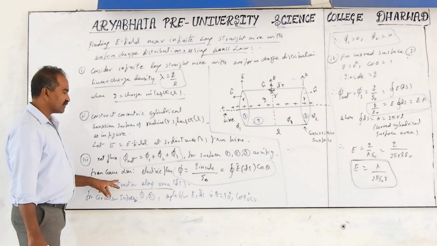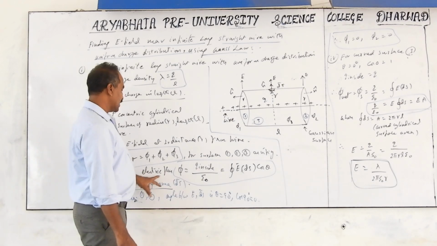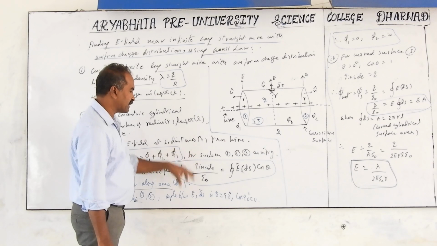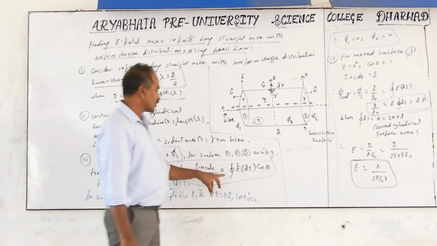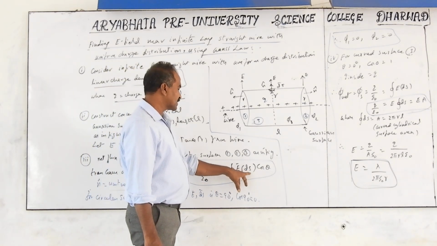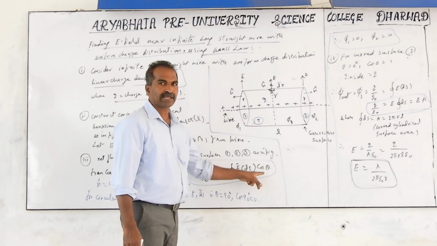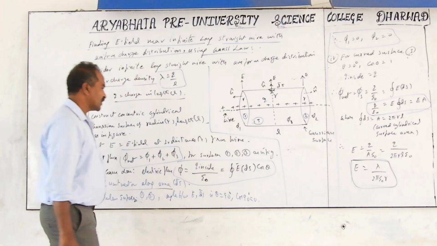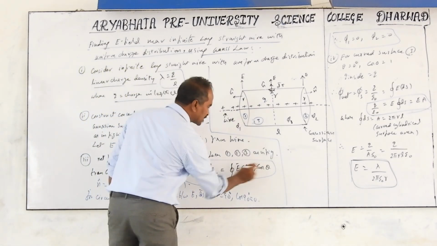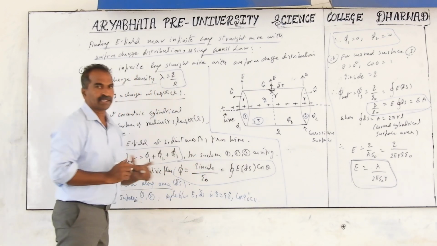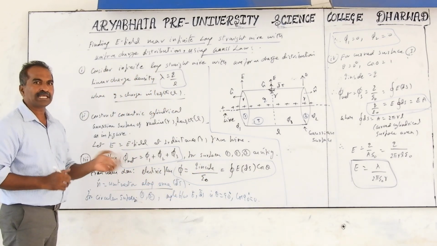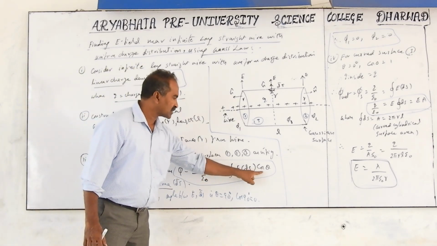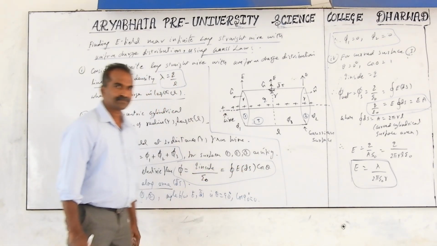Next, from Gauss law, the formula is: net flux phi equals Q inside, the charge enclosed by the Gauss surface, divided by epsilon naught, which is also equal to the closed integral of E dot ds. You can also write it as E ds cos theta. When you apply cos theta, the quantities are magnitudes, not vectors. When you write the dot, we compulsorily put E and ds with bars as vectors. If the dot is removed and you use cos theta, these are magnitudes, so don't put bars.